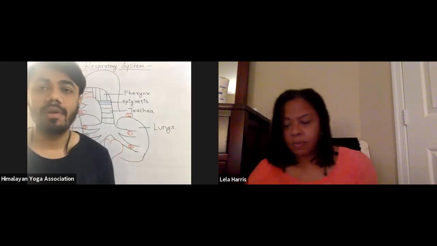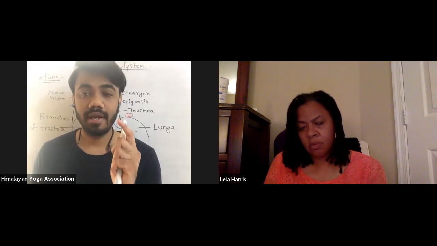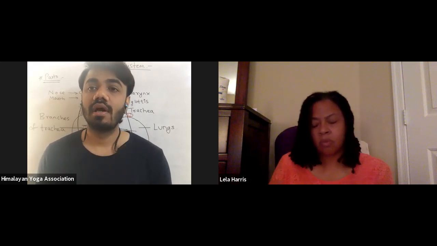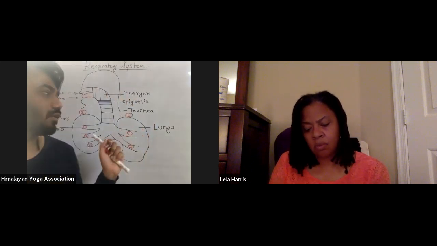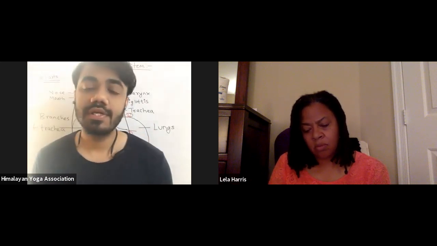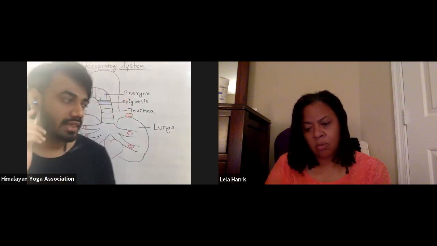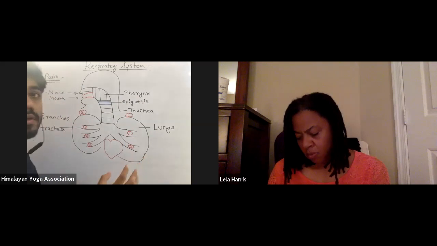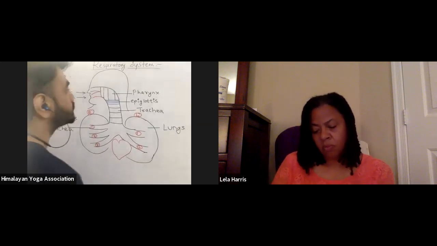So always remember, the size of our left lung is a bit smaller than the size of our right lung. Our left lung is a bit smaller in size than our right lung due to the location of the heart that is slightly tilted to the left side. Make this diagram first quickly and we will proceed further.